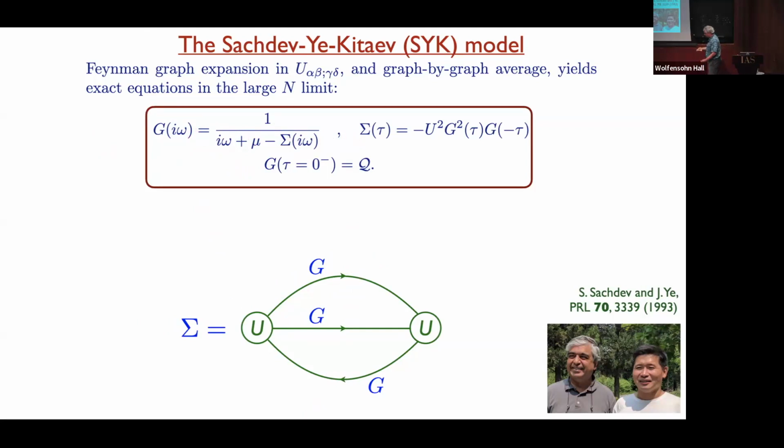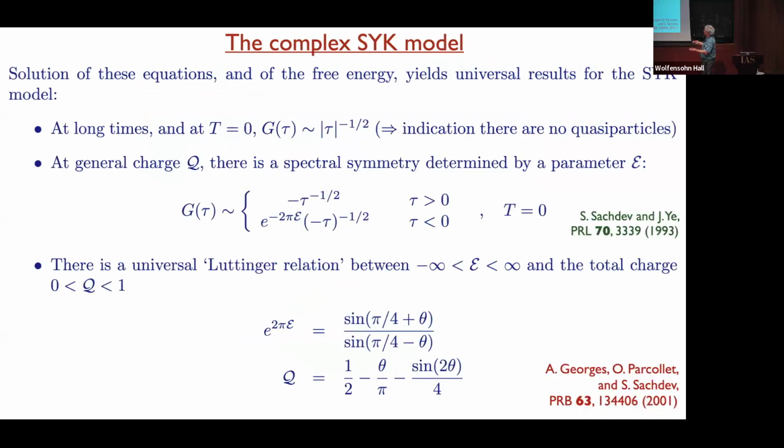So if it's gapless, well, it has to be some power law. So you make an ansatz, shown here. This is the solution, but you make an ansatz with some coefficient of tau to some power for positive and negative time, and allowing for the 2 coefficients to be different. Here, the ratio of those we now parameterize in terms of this capital E.